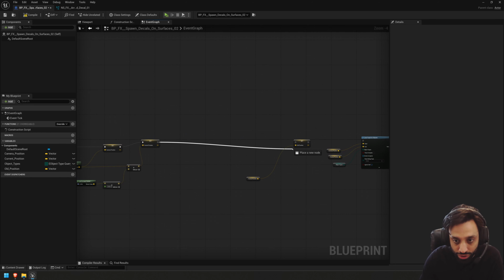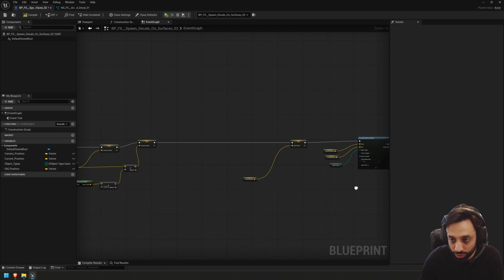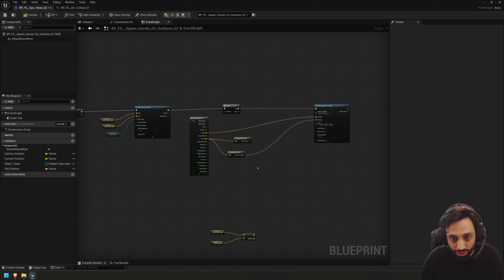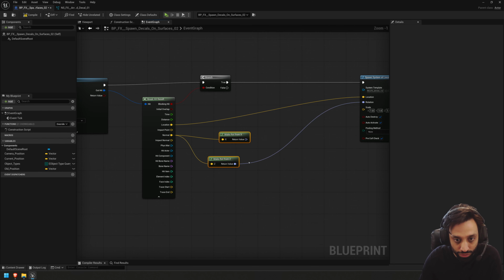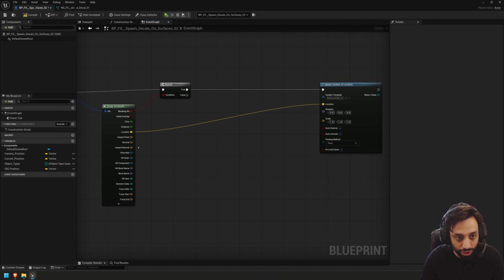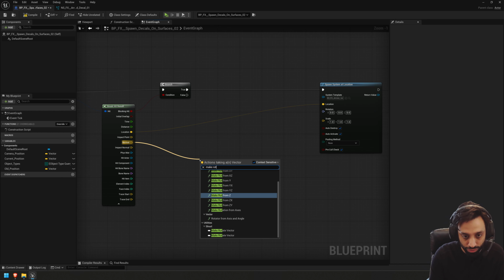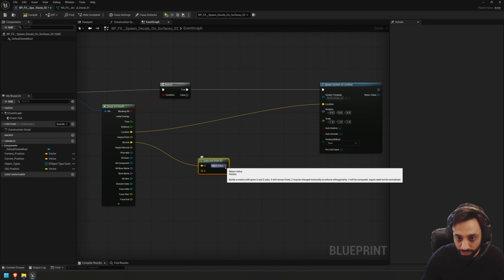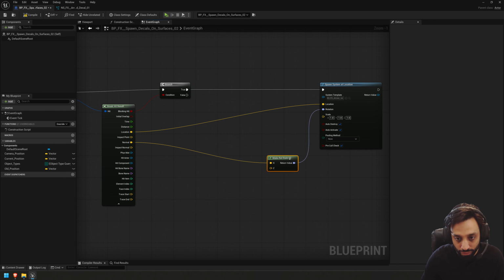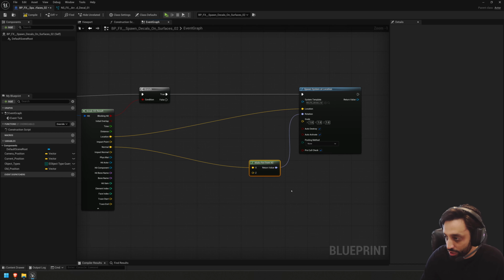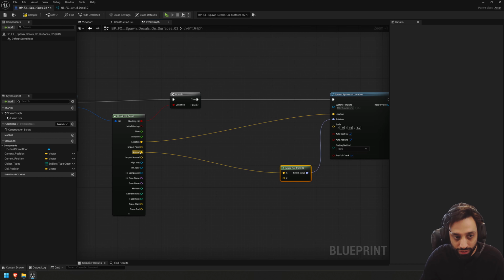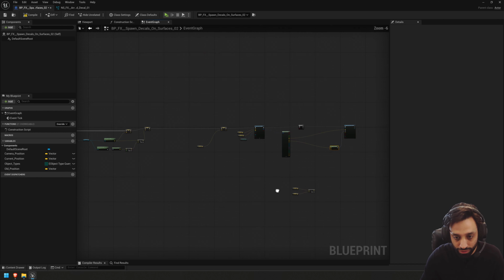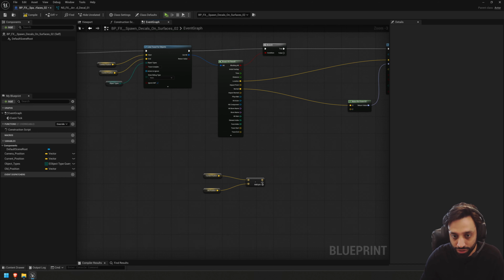We don't need this anymore. We can just unplug it. Replug the draw line for object. Cool. We're not gonna need the make rotation from X and Z. What we're gonna do is take the impact normal and make rotation from X and Z. We can plug that into rotation. And what we want to do is take this vector and rotate it 90 degrees on that for it to